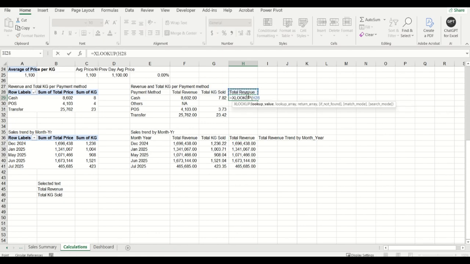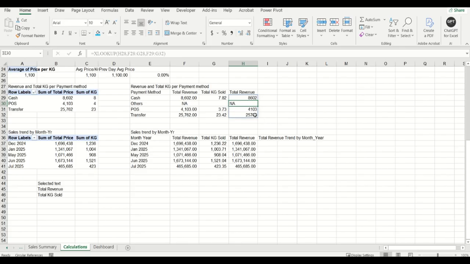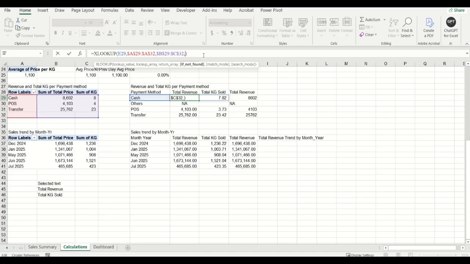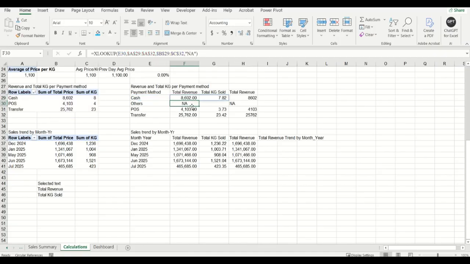And I'll put this value from here. So the correction I'm going to make here is this should show 0 when